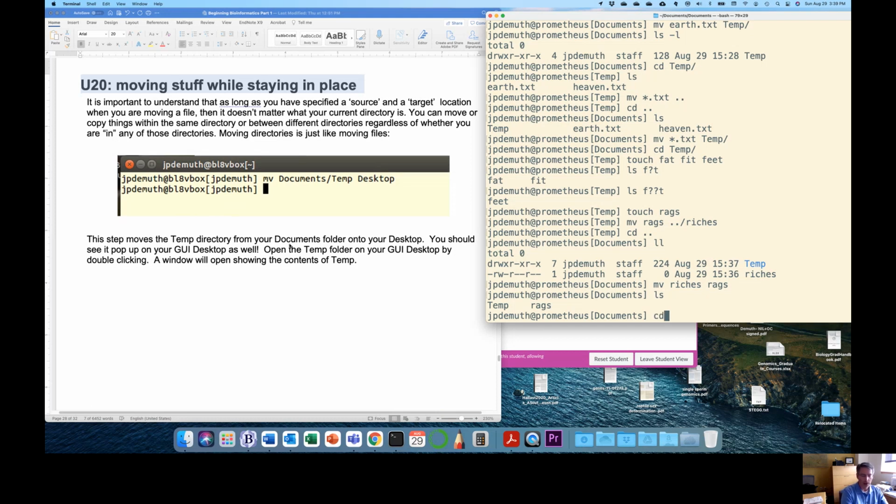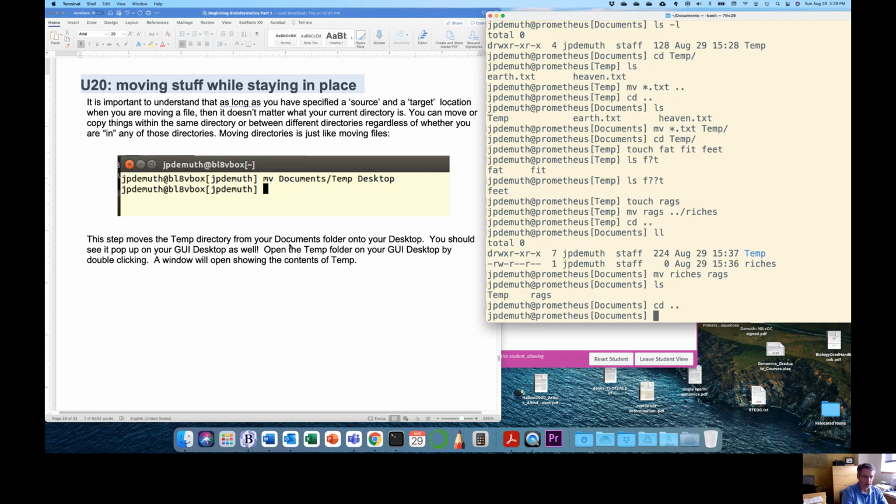This is one where it's a little confusing because of the way I did two documents folders. But if I go up one, and then I do move inside that other document, so that's the second level down, documents, temp,